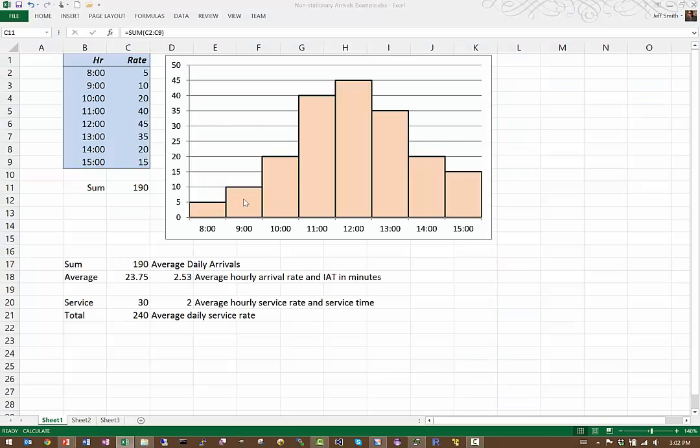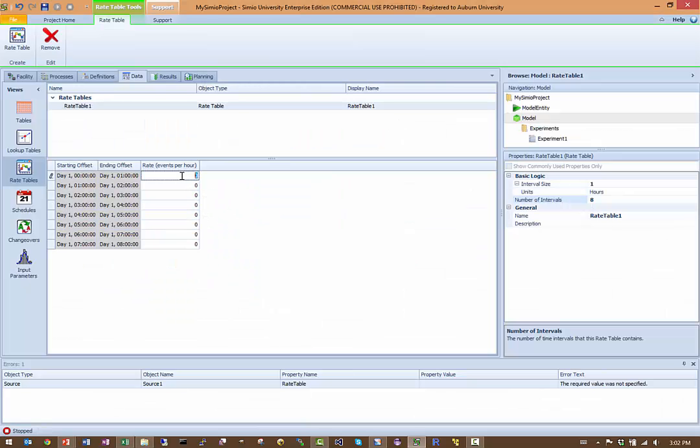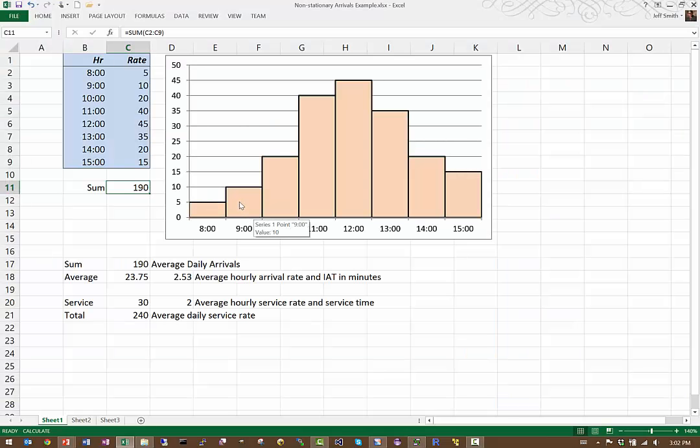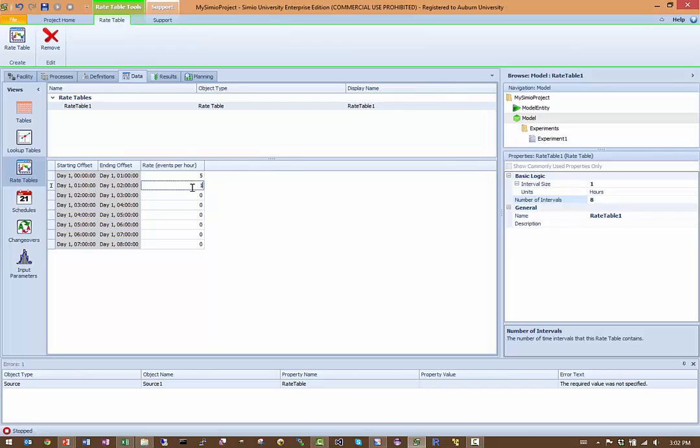So if we go back and look at Excel, we see that customers arrive at the rate of 5 per hour during this first time period. So that equates to a 5 here during the first time period, then 10 during the second time period. So we have a 10 here, then we have 20, then 40, then 45, 35, 20, and 15. And then we will call our rate table, let's just call it customer arrivals,